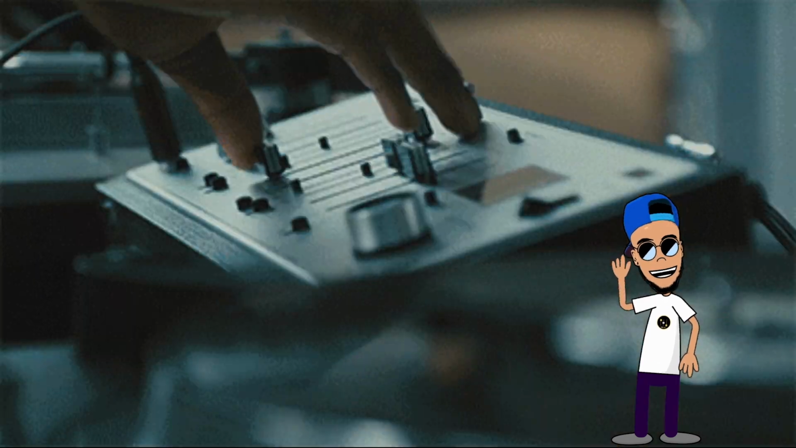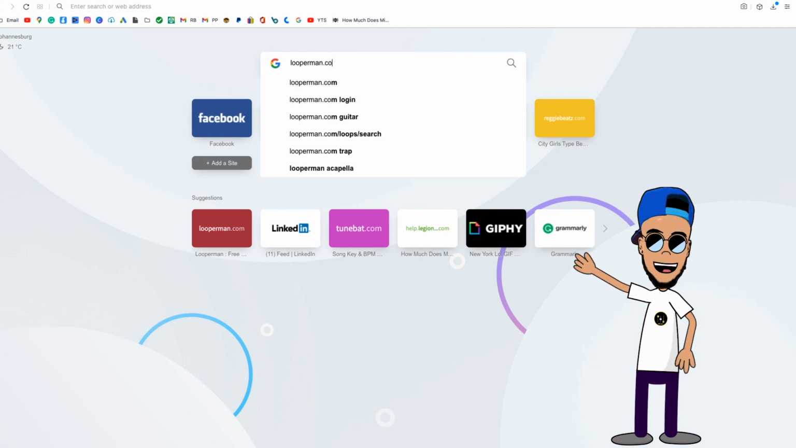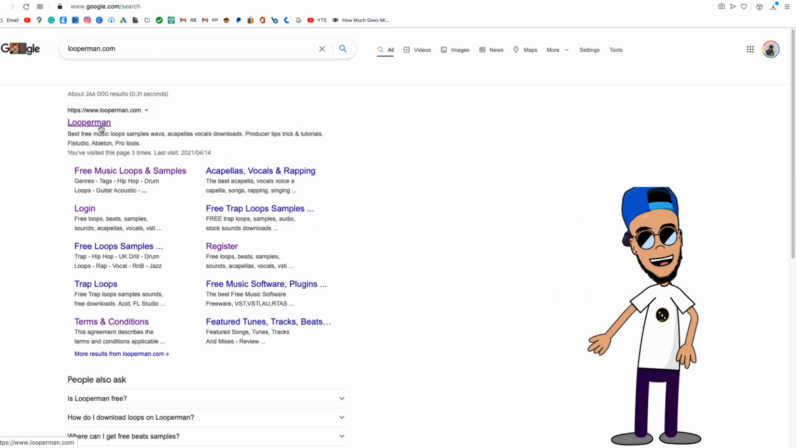The platform we'll be using is Looperman. Looperman is a place where you can get unlimited loops for free. So let's jump to that website right quick. Just go to looperman.com,